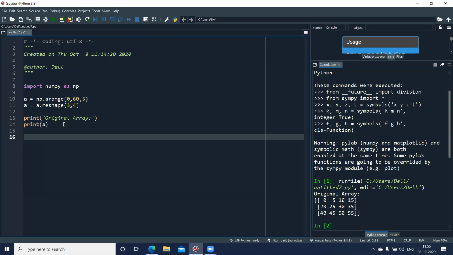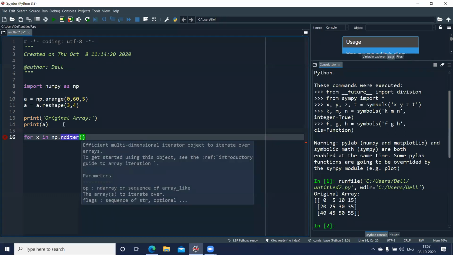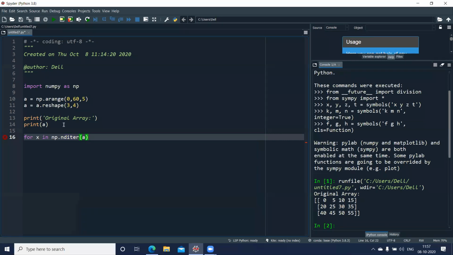Moving around the array requires a loop, and the best loop I can think of is the for loop. I'll take x as an element, in is the keyword, and I can make use of the object np.nditer. This is an iterator object which will help me move around my array. It takes the array name as its parameter, so I'll pass a as my parameter.